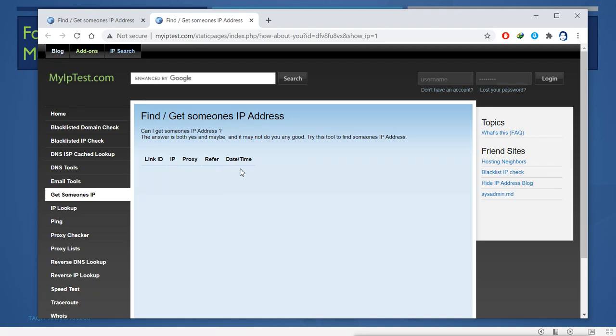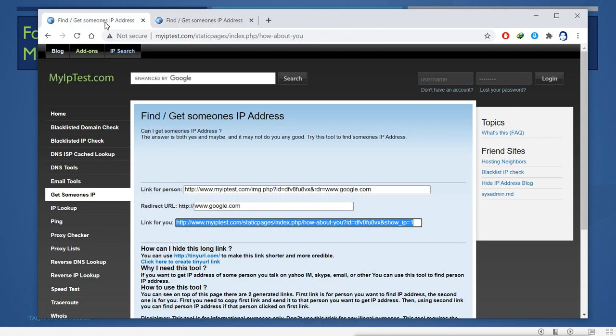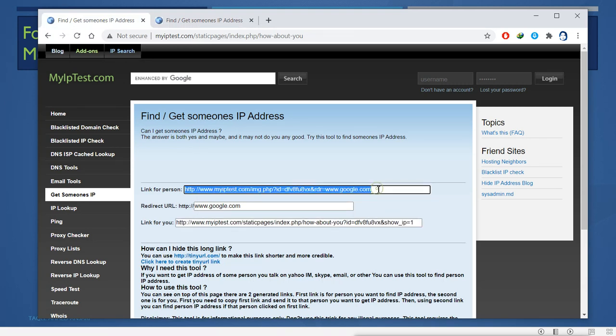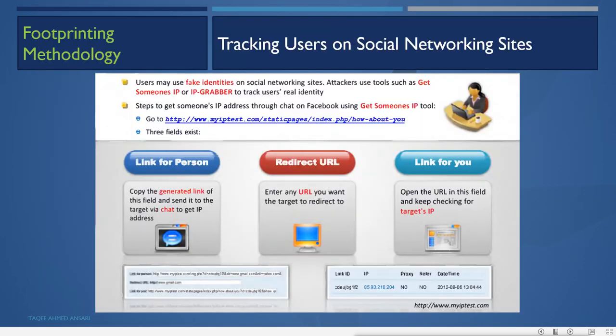Right now it is not showing anything because I have not sent the link to anyone and they have not clicked on it. So you will send this link to someone you want to trick, and you want to get the location of that person. So this is what tracking a user is.